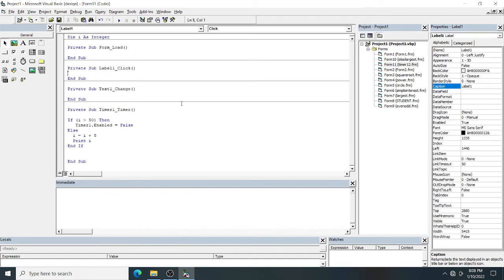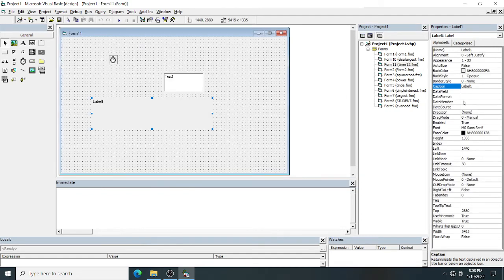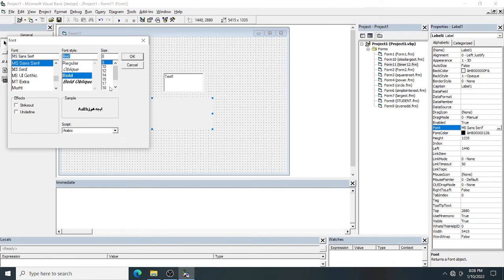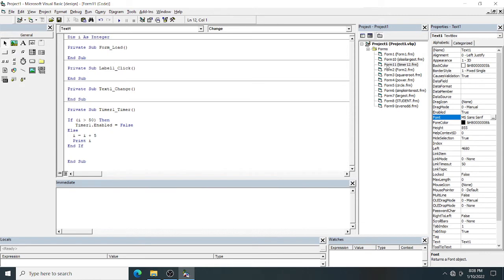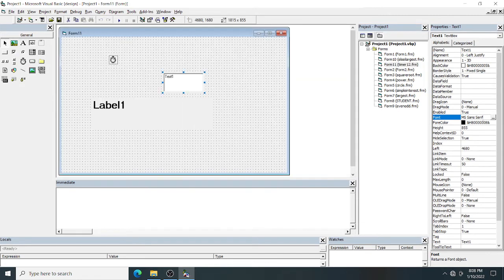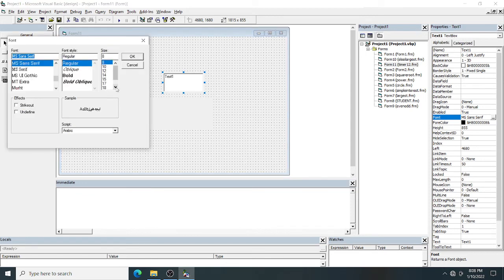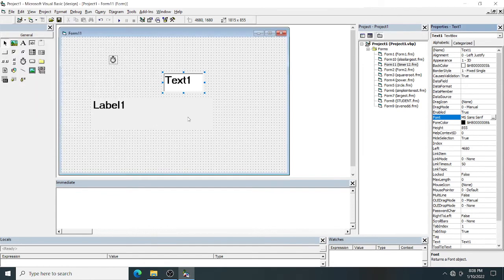Click here, and I am going to change the font size. Now the font size bold and maximum size 24. With the form selected, and the text box selected, I am changing the font size to 24, bold.